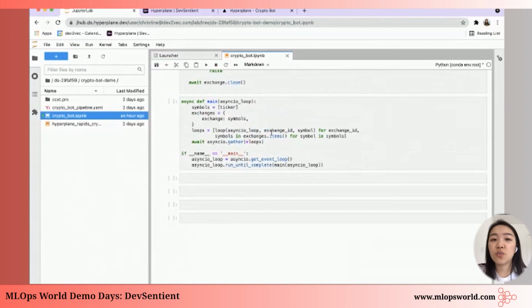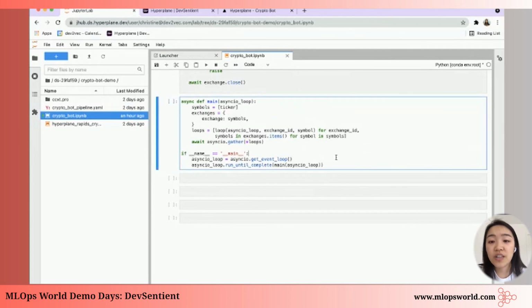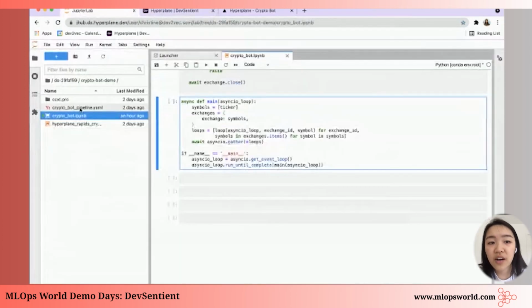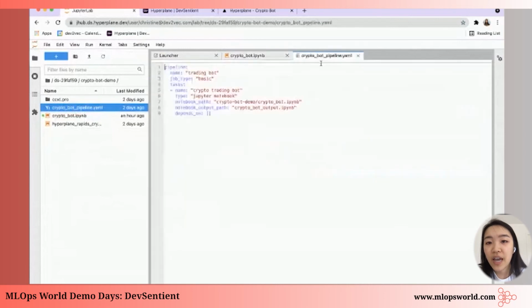So of course we can just run this on our Hyperplane JHub instance, but another way to do this is to launch it as a pipeline job that never times out, and launch it as a service that way. To do that, first we would create our YAML file like before and step the notebook, similar to the notebooks from before.